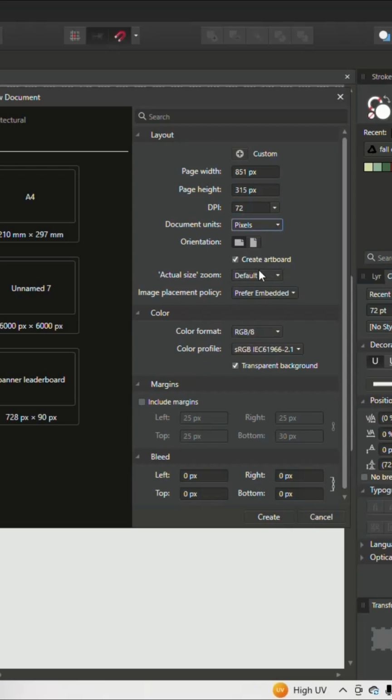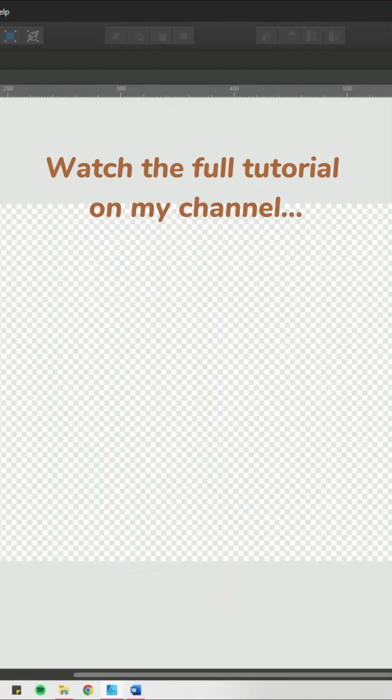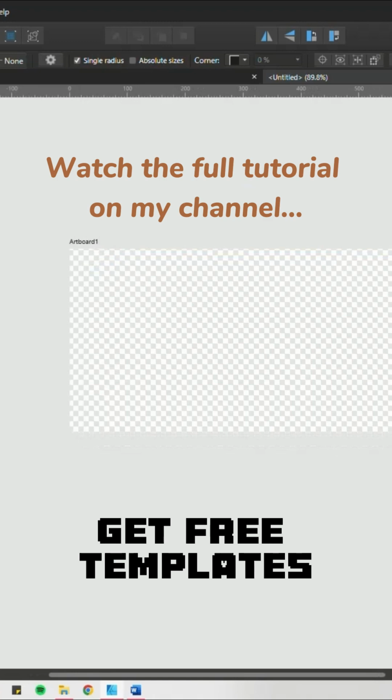Create an artboard, RGB, transparent background. You can click on this or not, it's just a preference, and then click create. And here we have our